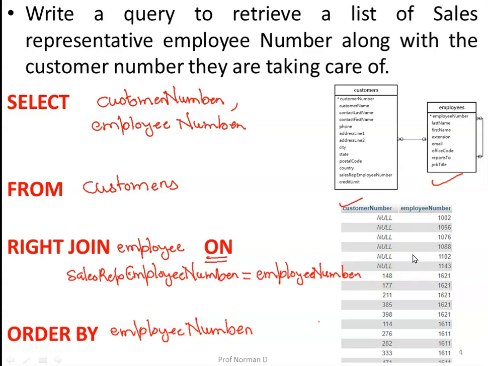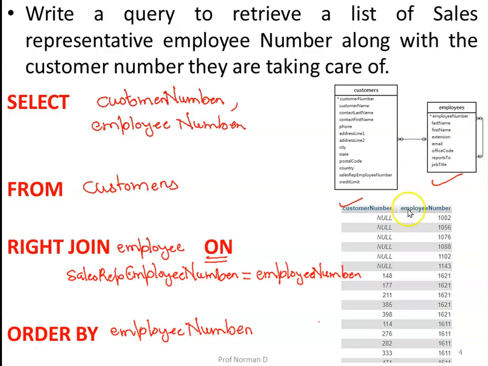So basically in this case the right join returns all rows from the table employees, whether rows in the table employees have matching values in the column sales representative employee number of the table customers. If a row from the table employees has no matching rows from the table customers, the right join uses null for the customer number column.